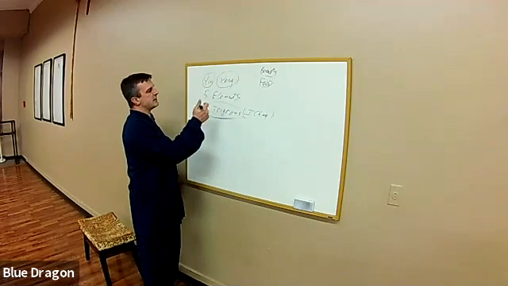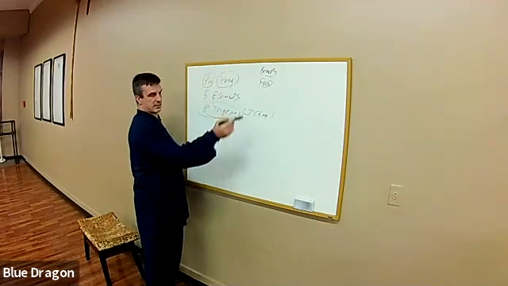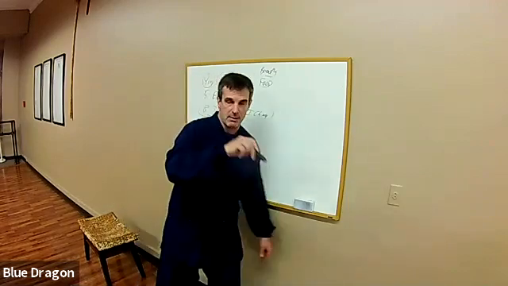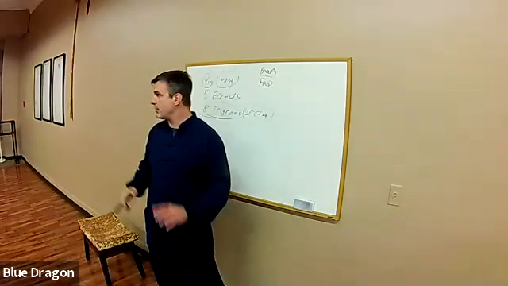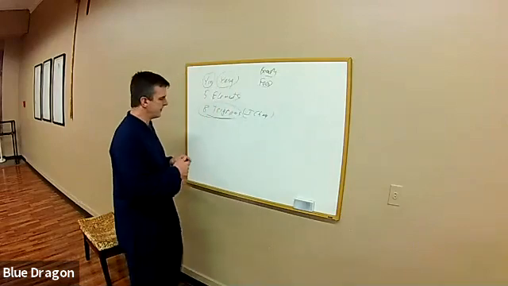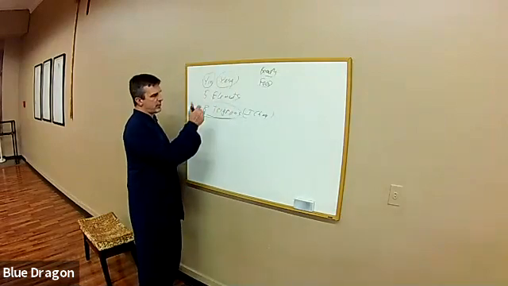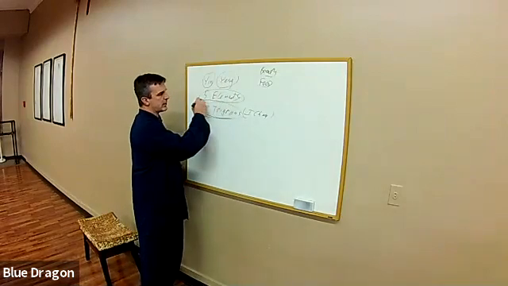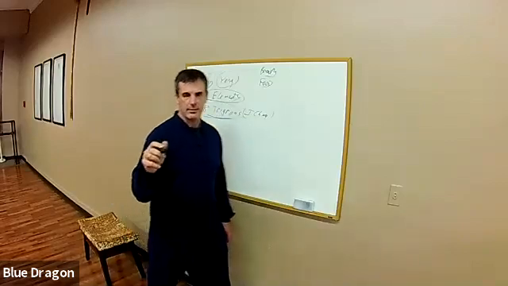Then the 5 elements is having balance in your practice. How much of this, how much of that? How much fast, how much slow? When you think of the 5 elements, can you include that? For example,